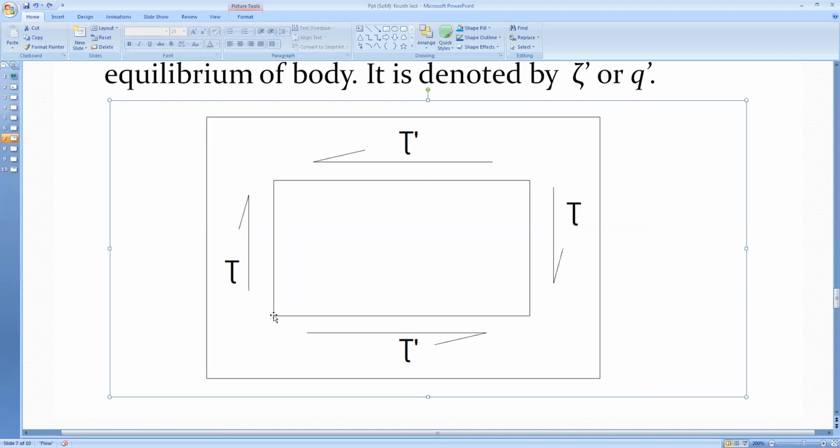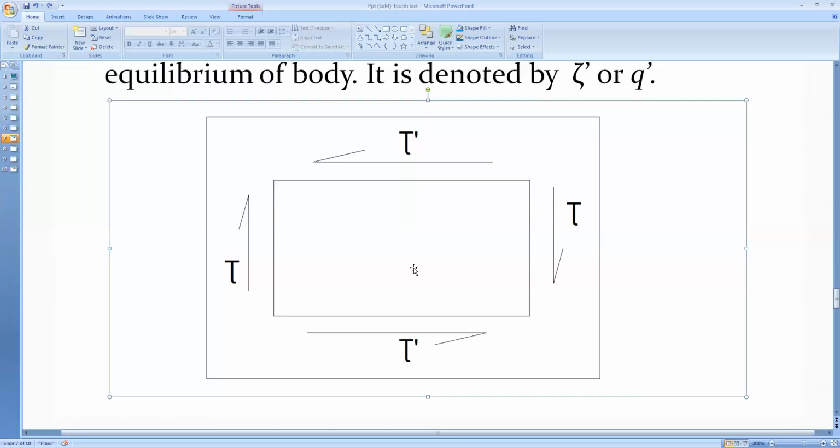If we consider the left hand side of this rectangle, suppose this is the point A, this is the point B, this is the point C, this is the point D. So when a force P is acted along the face A to D, at that time another force is acted on the face ABCD. On the face BC, another active force having the same magnitude but the opposite direction gets acted. So there is a formation of the active couple.